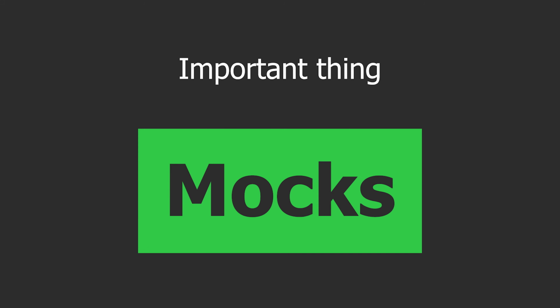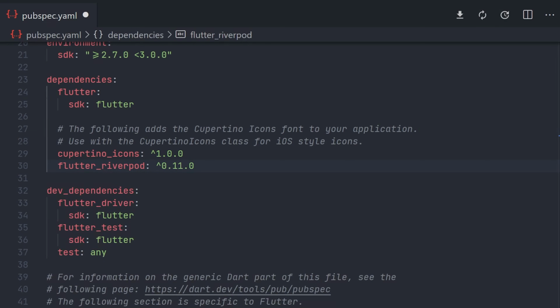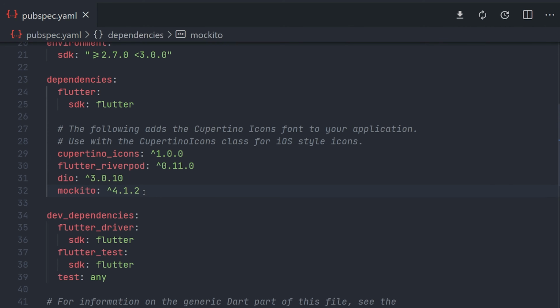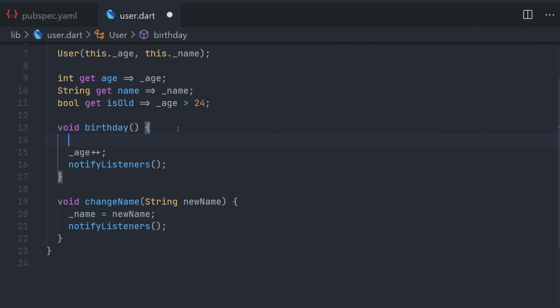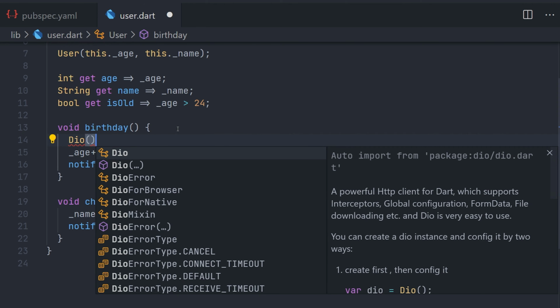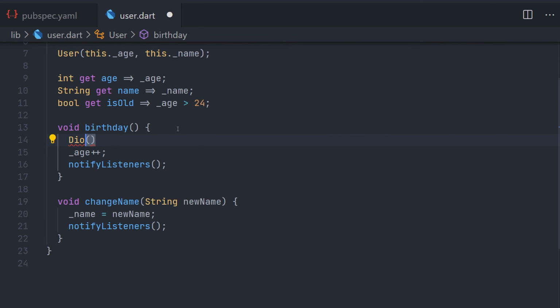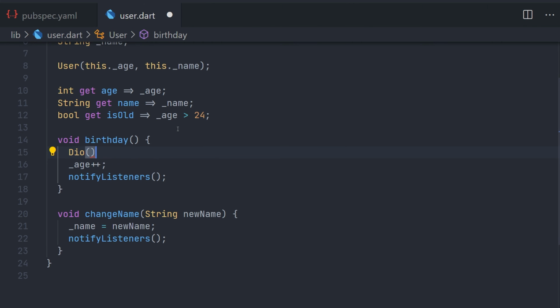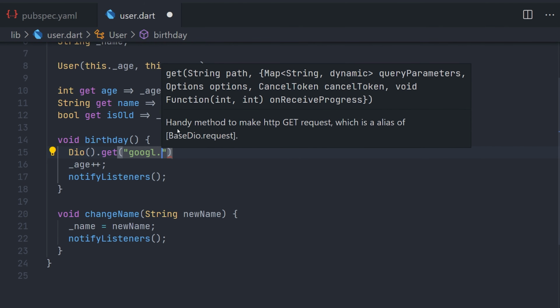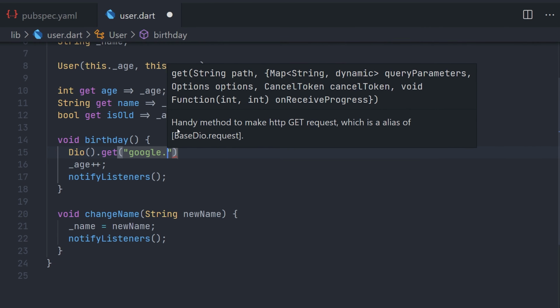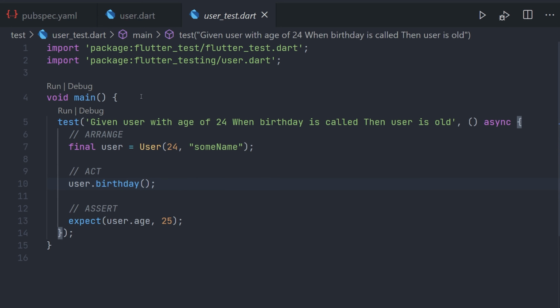One crucial thing you have to know about testing is mocks, which is about replacing dependencies. I won't go too deeply into this, but let's see an example. So first off, let's add our dependencies. Let's say our method now calls an API, and in this example we're going to use the Dio package, and we will do a simple get method. Here you would replace it with your API, we will just type Google for the sake of it. Now every time this method runs, we'll do a get call to Google.